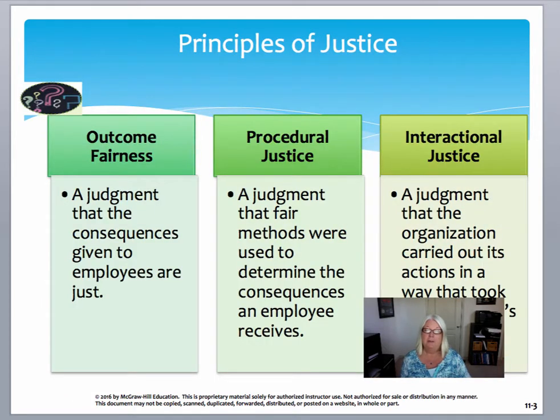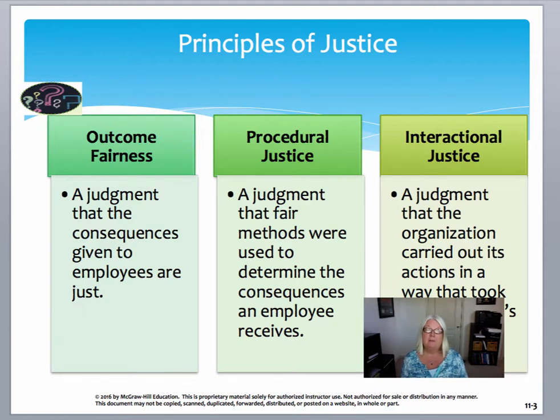So when we talk about turnover, we want to talk about employee perception, because employee perception is very important. So we want employees to perceive that this whole system is being done fairly. And this is why organizations develop a standardized, systematic approach to discipline and discharge. Okay, and policies are often based on principles of justice. What this means is that the employee has to perceive that this is done fairly.